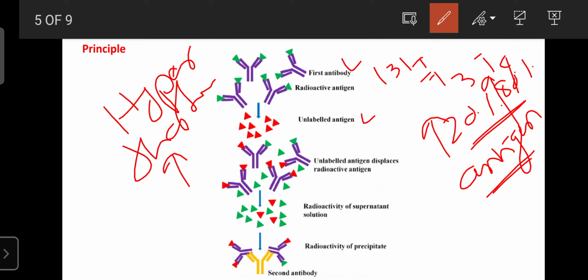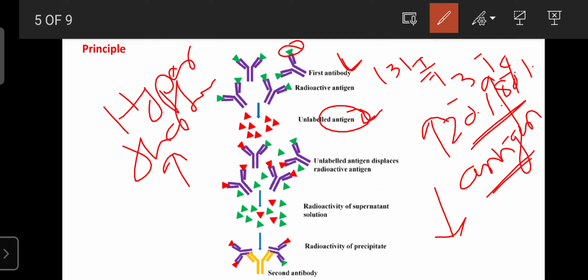Here we administer the radioligand-attached antibodies, in a fixed quantity, suppose once again 1 nanogram. When you administer it to the patient, whatever antigen is present in the patient's blood can replace this radioligand, that is 131I, the iodine. It replaces this iodine and takes its place. So the concentration of the radioligand antigen decreases according to the concentrations of T3 and T4 present in the blood.